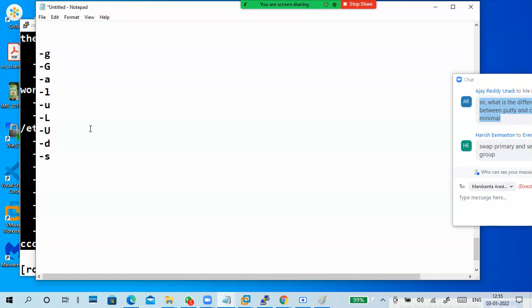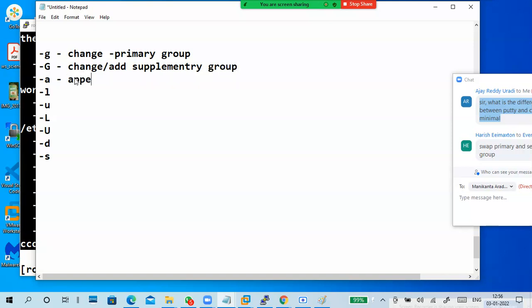Okay, so this one is for adding or changing the primary group. Change is different. This one is to change or add a supplementary group or a secondary group.